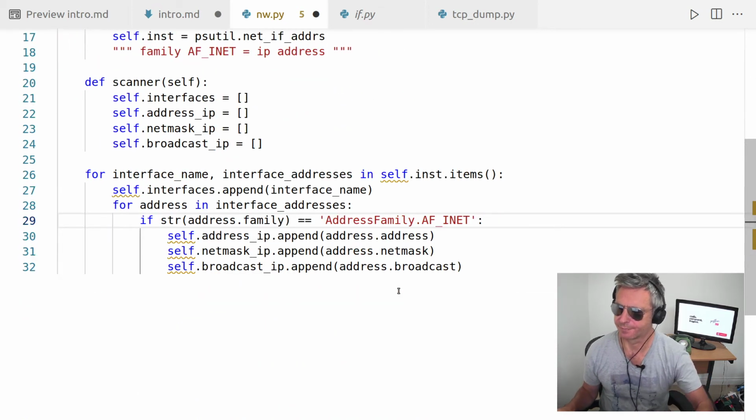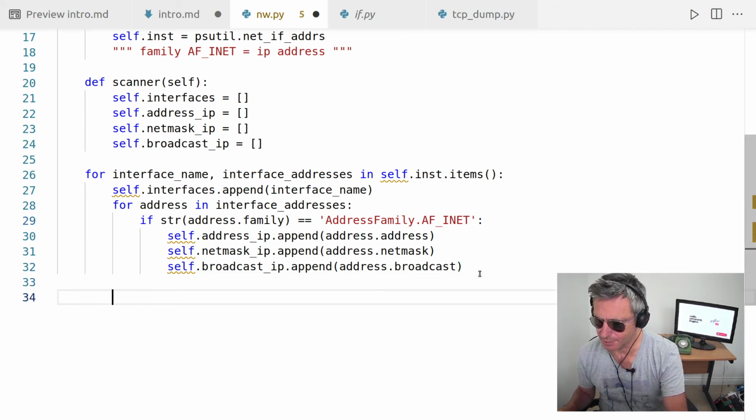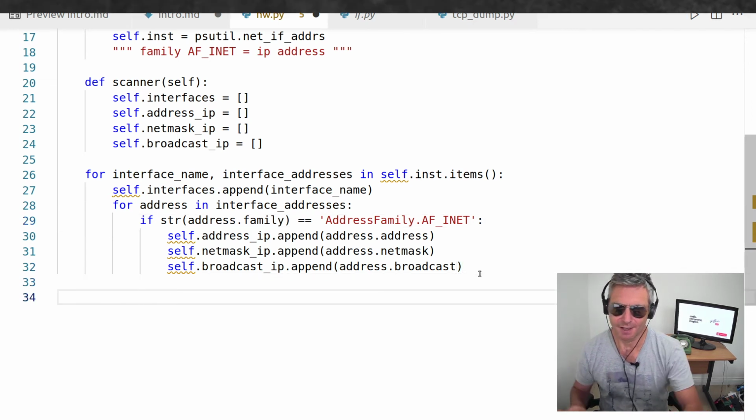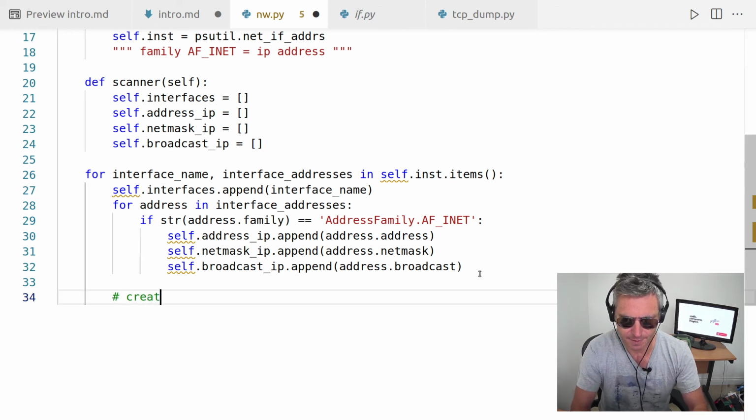Right. So far, so good. I'm not going to panic about these just yet. And right, so we've extracted the information. We've set it to some variables within our instance. And next, let's create